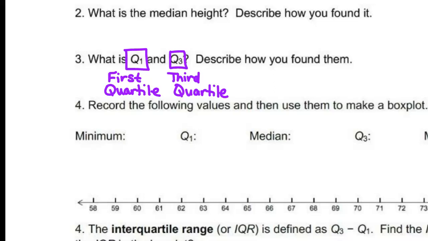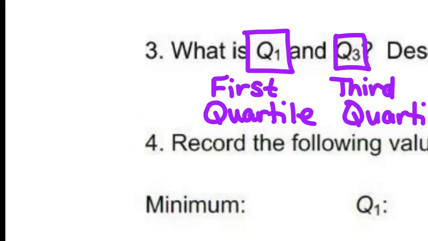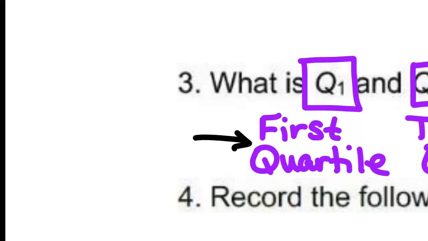How do you find them? You put it in the calculator? You can absolutely do it that way. How do you do it if you don't have a calculator and you just have the raw data? So if you have the median, it's like the very first number to the median, that middle, and then the last number to the median, that middle. First quartile, this is going to be the median